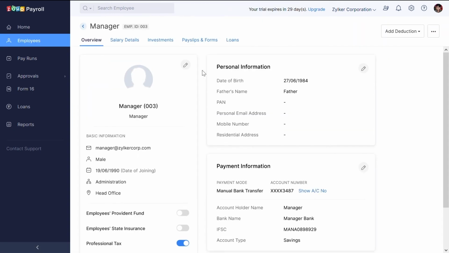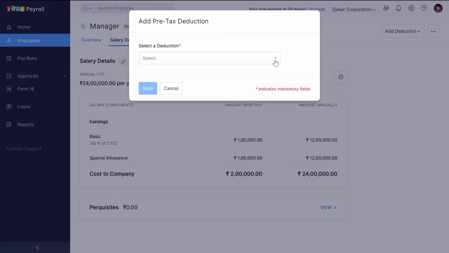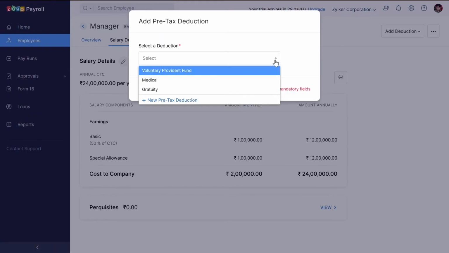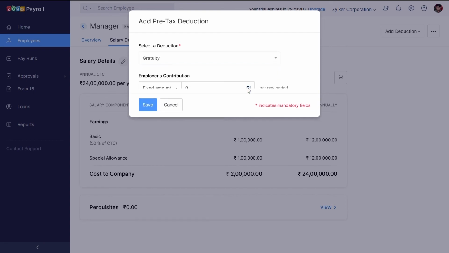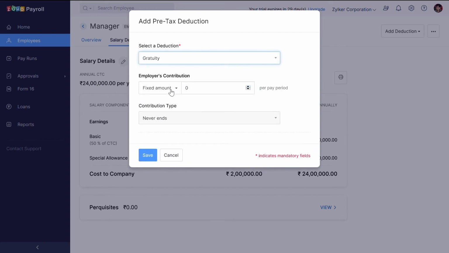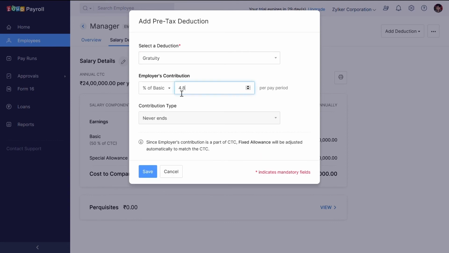To add the deductions, click on the Add Deduction button, choose Pre-tax Deduction, choose Gratuity from the drop-down, switch to percentage of basic, and the percentage value for gratuity is 4.81% of basic. This can be saved.